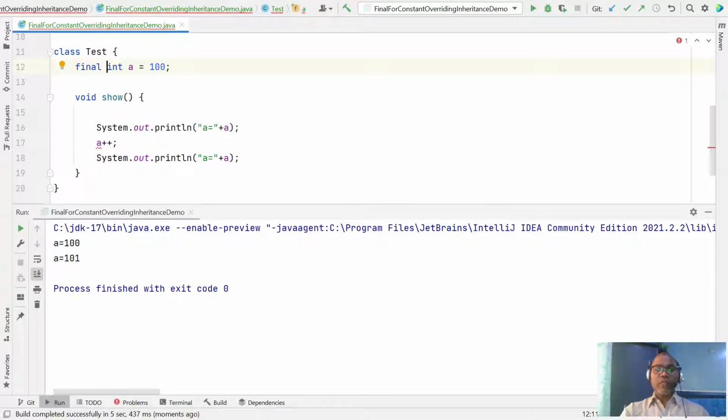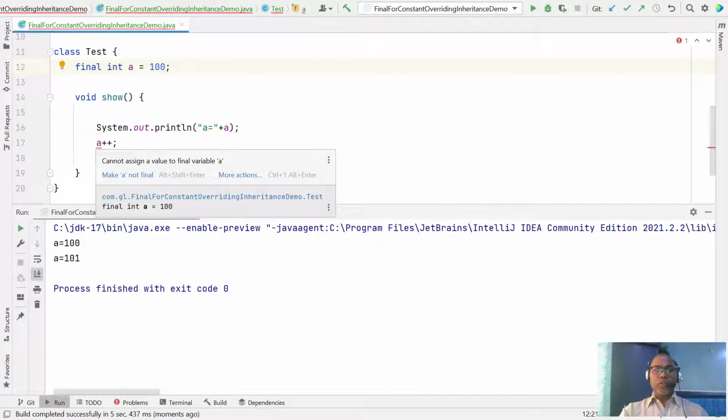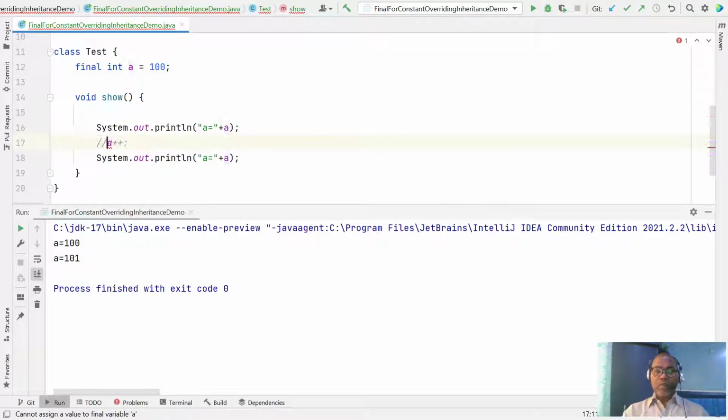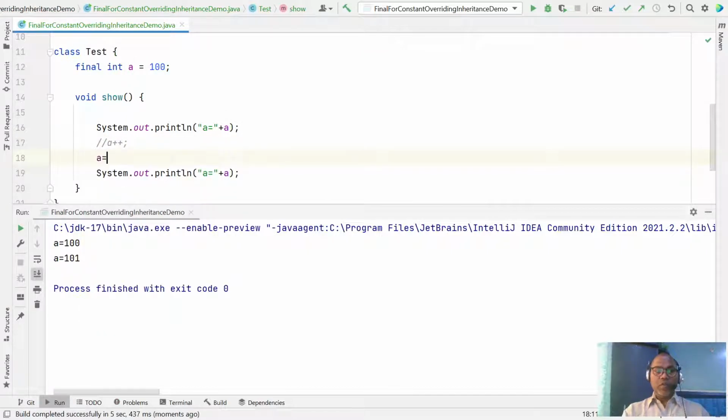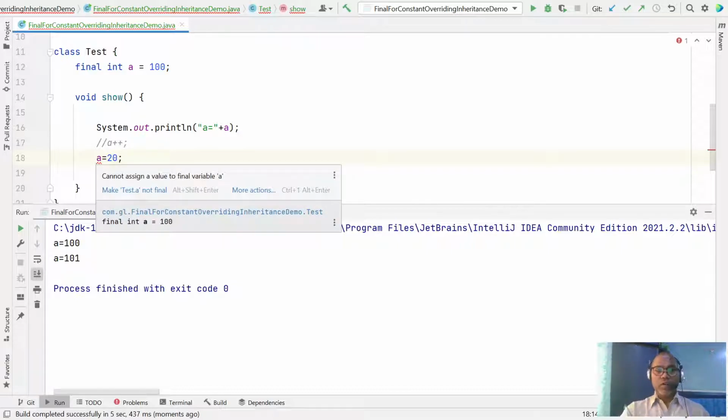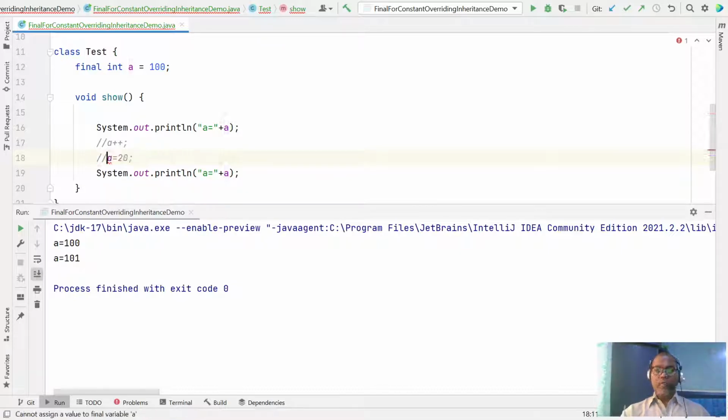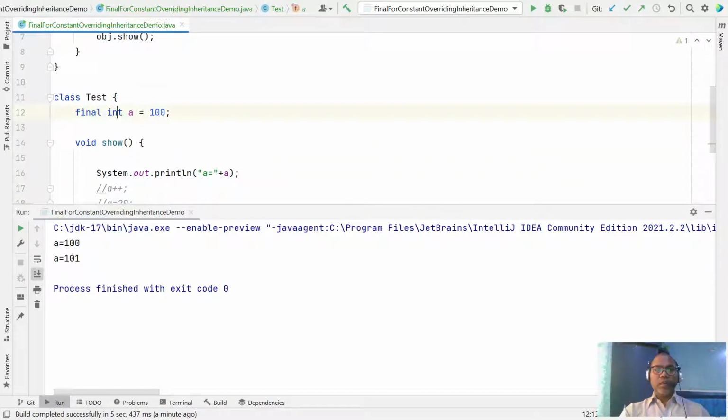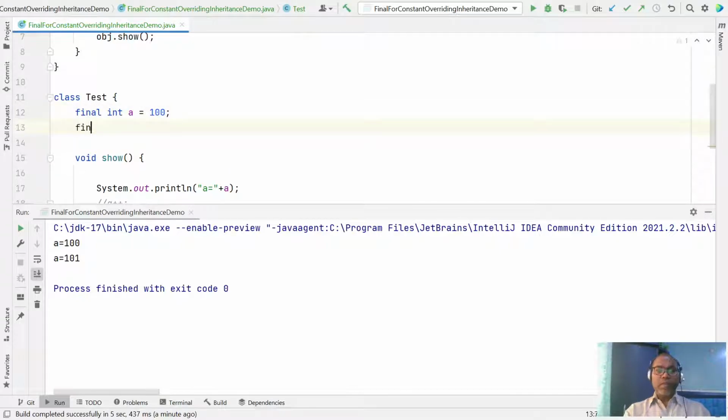So whenever you declare final, that means this value of a is initialized only once. After that, you cannot change it. You cannot even assign a new value. This is the one restriction: you cannot assign a value to a final variable, right? In the case of a final variable, there are two places where you can initialize it. One might be here: final int x.